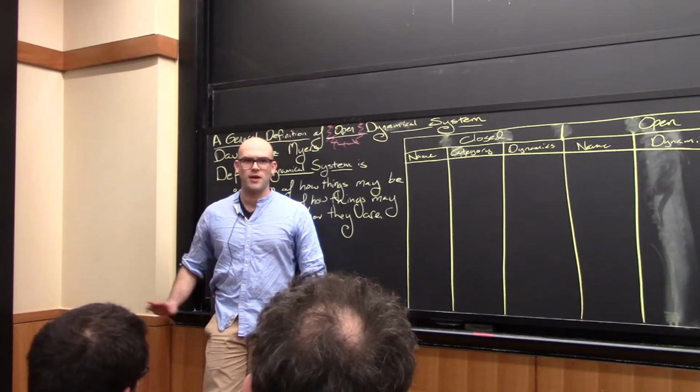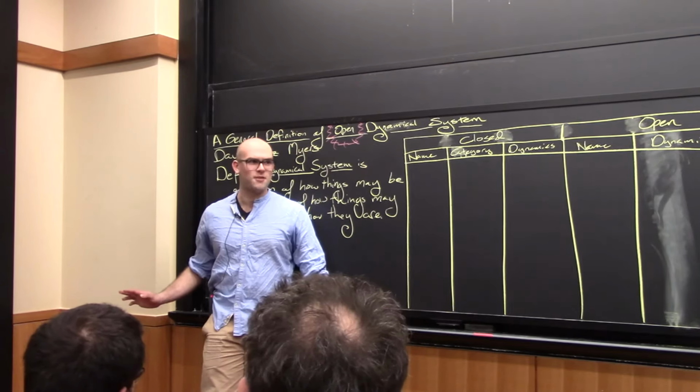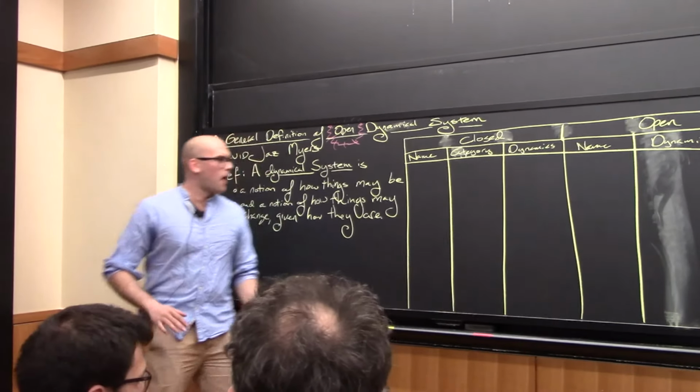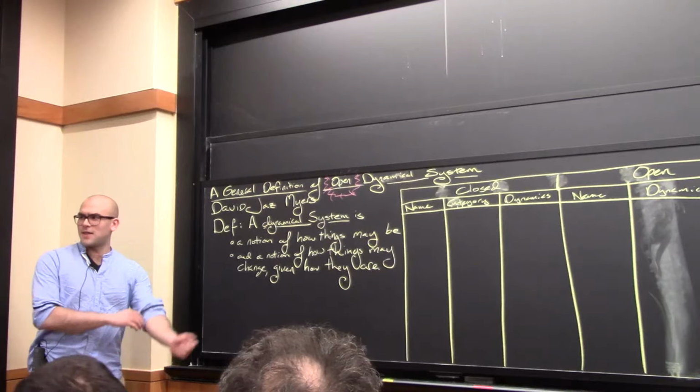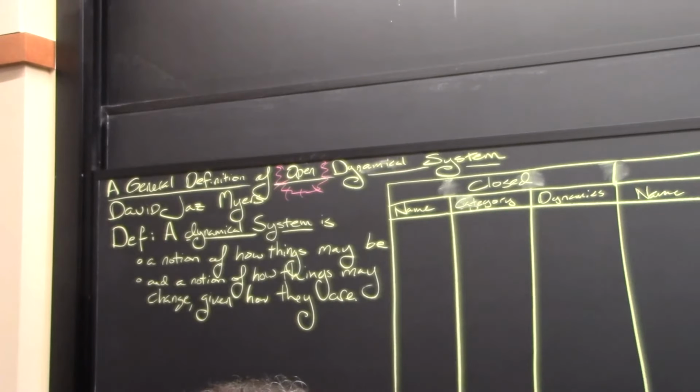So I'm just wondering if I could get a show of hands. Who's familiar with the Grothendieck construction and what it does? Okay, so I might go over the idea of it, but I think in the interest of time, I'll take it as known. So a dynamical system is an idea of how things could be, and given how they are,